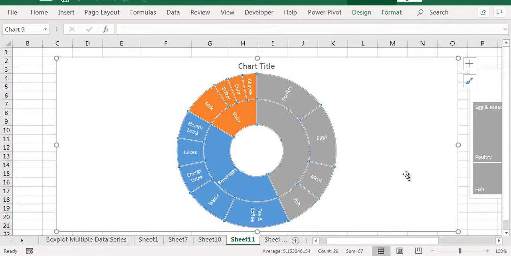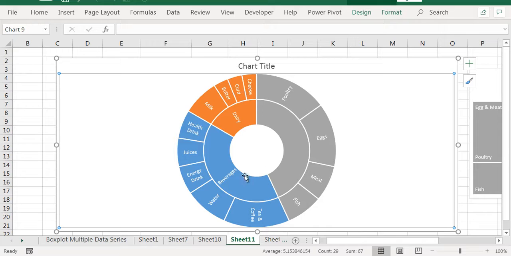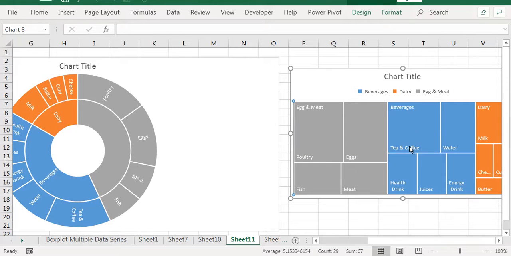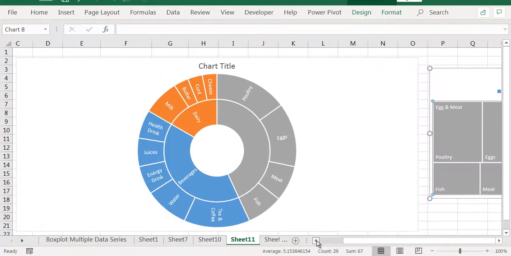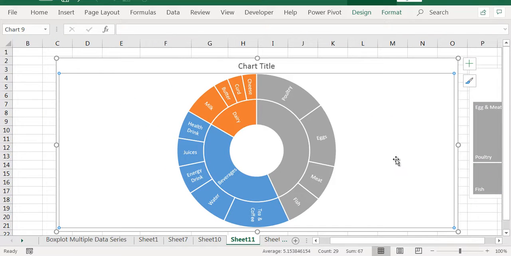So you can see it is slightly different than your tree map. Here now you know that okay, these are the beverages. So you know this entire thing is beverages. In the tree map, beverages and tea and coffee look like they are at the same level, the same category, but tea and coffee is a subcategory of beverages. This sunburst chart tries to rectify that issue. Now I know okay, beverages is the category, dairy is the category, eggs and meat, these are the categories. Inside beverages we have tea and coffee, water, etc. Right? This is a much better replication of category, subcategory, or a hierarchy, you can say.